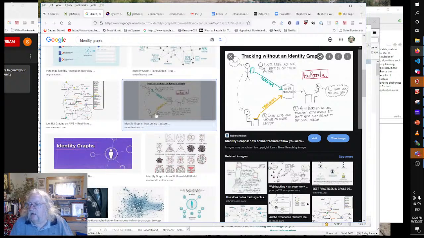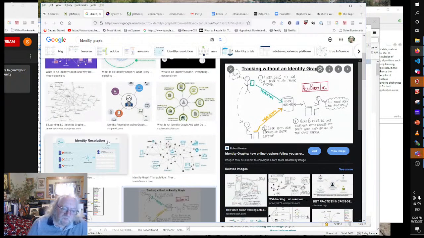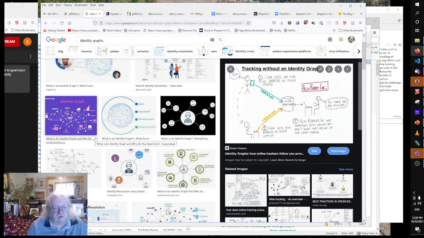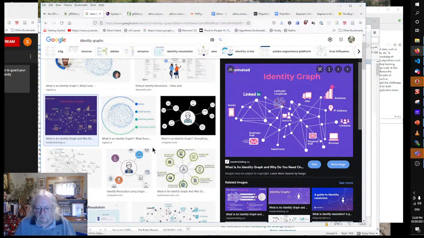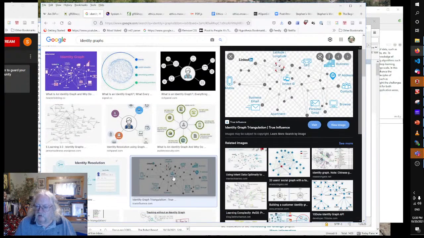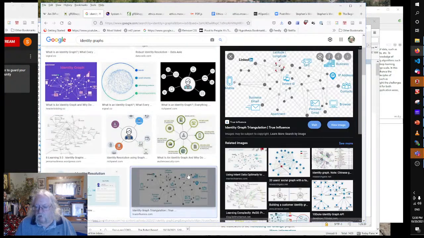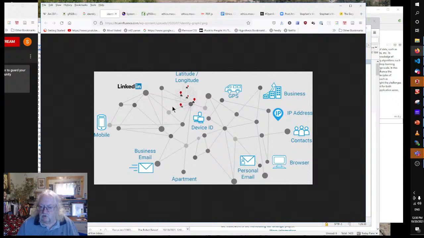Here's a case of tracking without an identity graph, which is a separate issue. Here's again another identity graph. It's the same image as the one we saw down here, except this one is nice and white on purple. I like this. Maybe I'll use this. It's pretty visually oriented. It does show clearly the different kinds of things that are used,